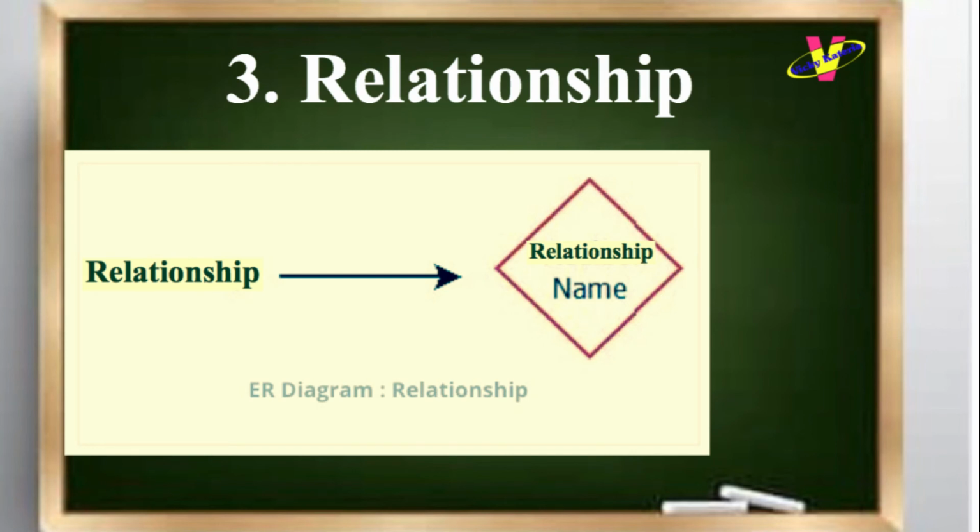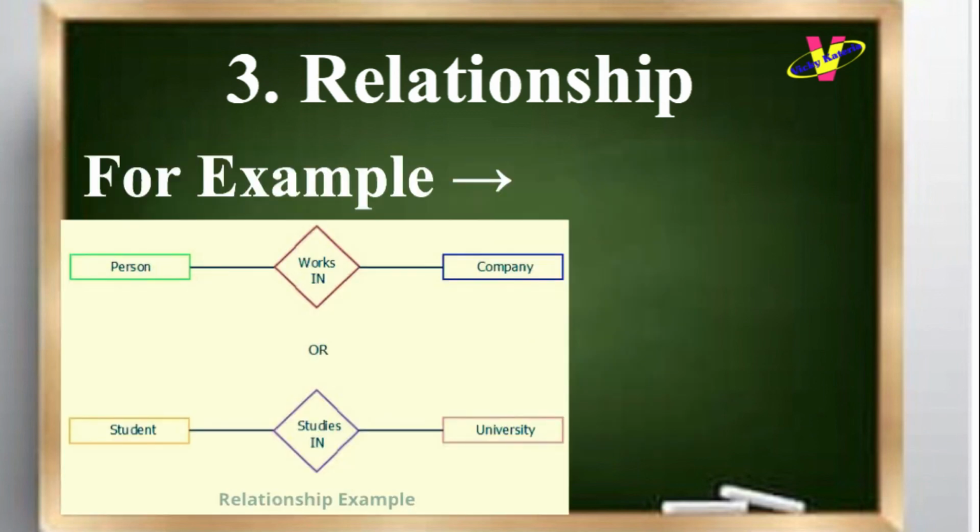Relationship. The relationship in an entity relationship diagram is denoted through a diamond. For example, a person works in a company can be described using a relationship as